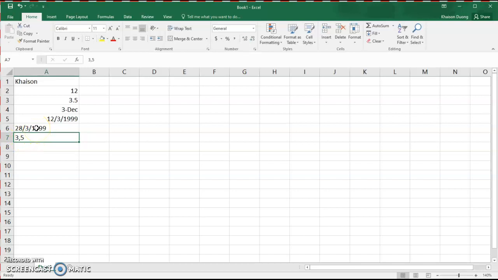Similarly, this is also considered text and not a date. And the reason, again, is that we are using the American system, which uses month, day, year. So of course, there's not the 28th month, okay? So this cannot exist, whereas this can exist, and this would be December 3rd. That's why when I just entered the date and the month, you can see that it came up with December 3rd, okay? So later on, I'll show you how to deal with dates, but let's just keep it at there for now,